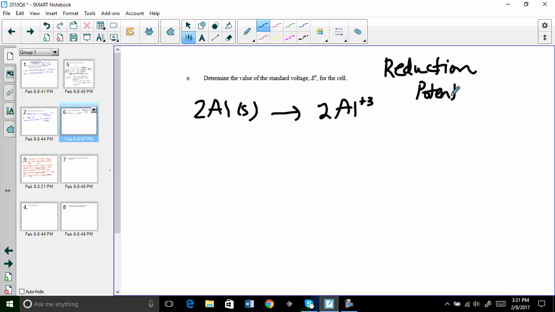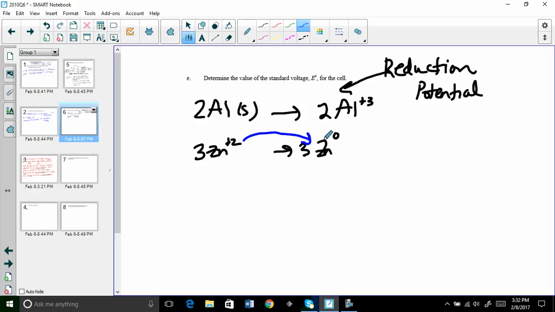So what you have to know is this is not a reduction, this is oxidation, so you have to flip it. Then you have zinc ion going to zinc. This is a reduction because notice the charge is going down. If you go to the sheet that you have, you will find out